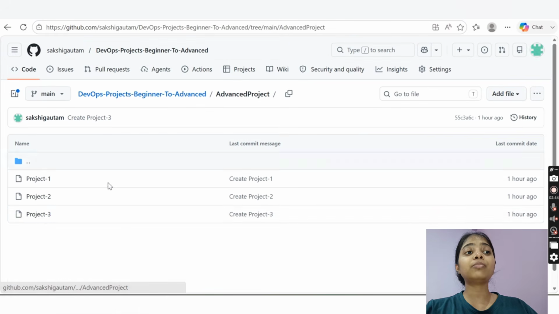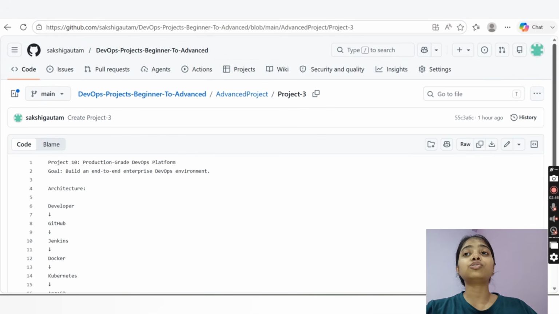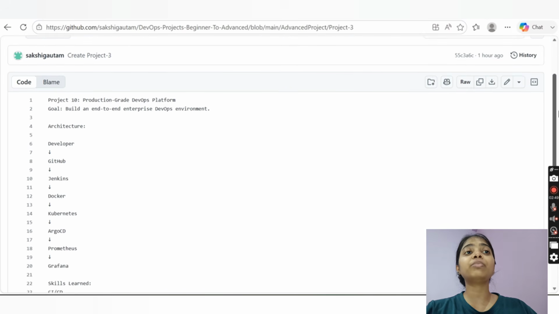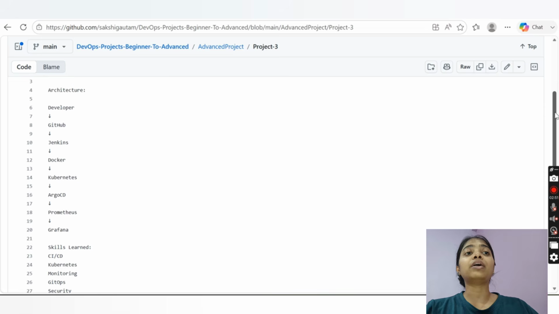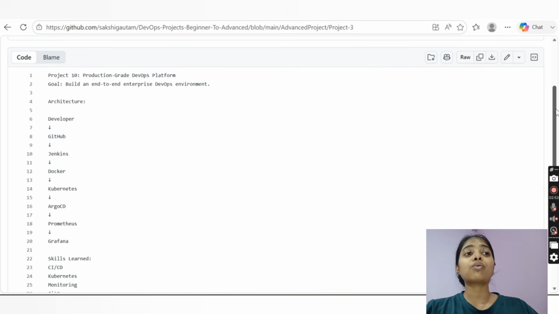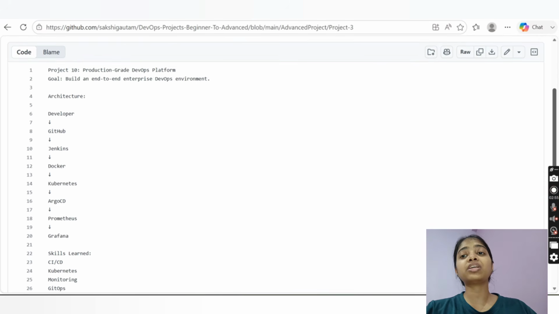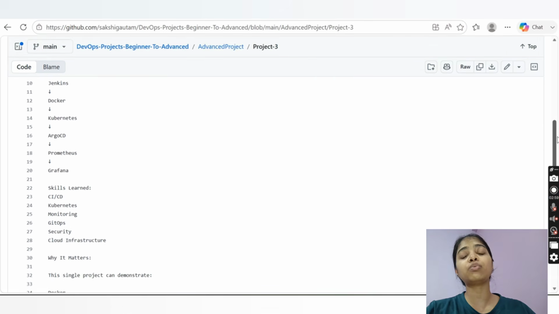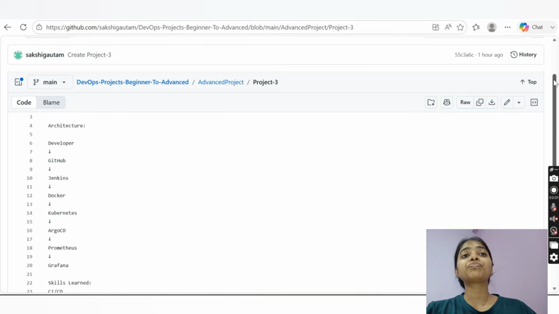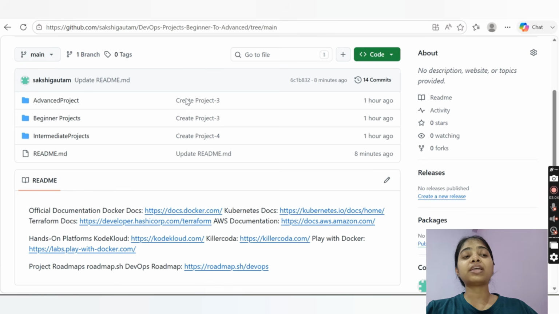And our third project will be a production-grade DevOps platform. So build an end-to-end enterprise DevOps environment, okay, where we will have GitHub, Jenkins, Docker, Kubernetes, Argo CD, Prometheus and Grafana. Everything will integrate. So these are the projects at the advanced level, and we have some official documentation, hands-on platforms,